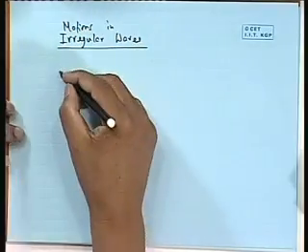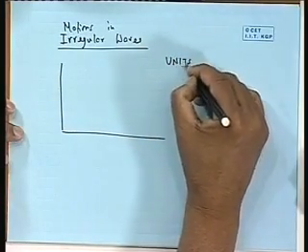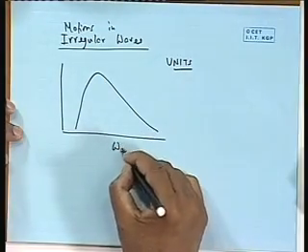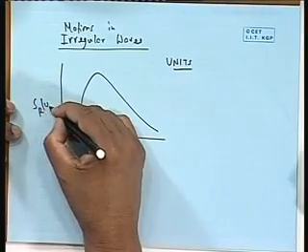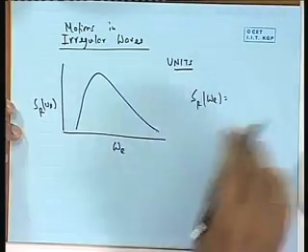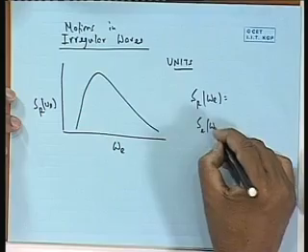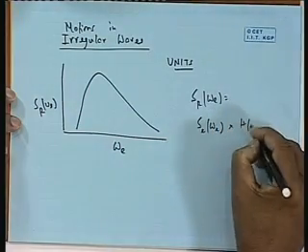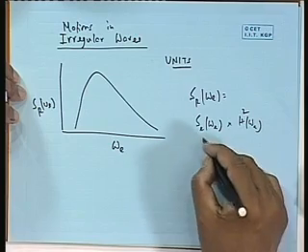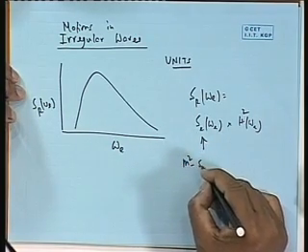At the very beginning, I want to tell you about this unit, just for checking, because it's always a good diagnostic. We have this omega e and the response. What is S_R(omega_e)? This is given by S_E(omega_e) into H(omega_e) square. Okay, this is the formula. What is this unit? This is meter square second.